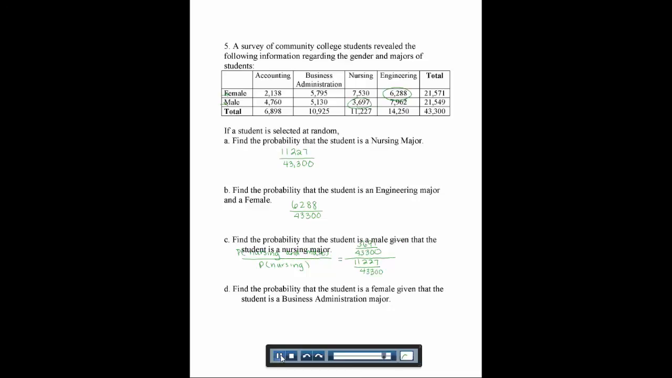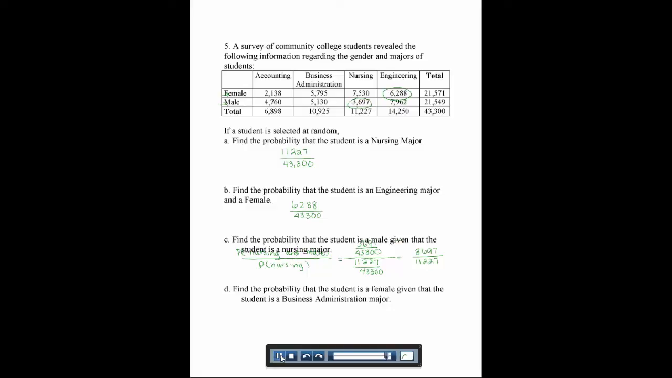So remember, when you're dividing fractions, you would multiply by the reciprocal. So here we get our probability, is 3,697 over 11,227. Okay, and so another way to see this is we took the male nursing majors over the total number of nursing majors. So part D says find the probability that the student is a female given the student is a